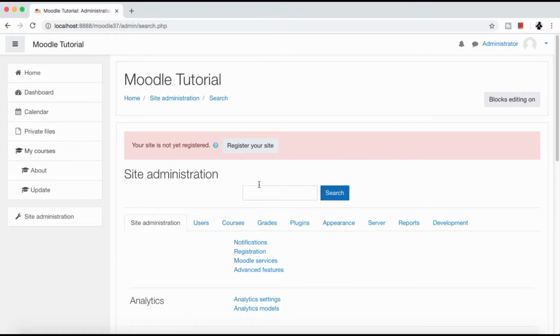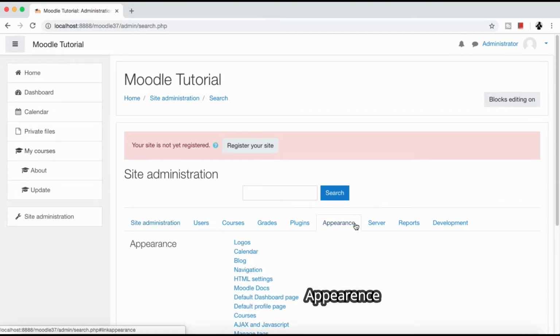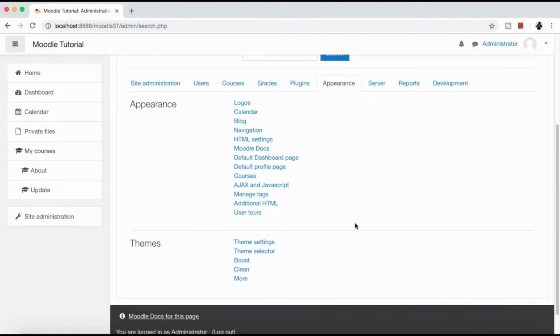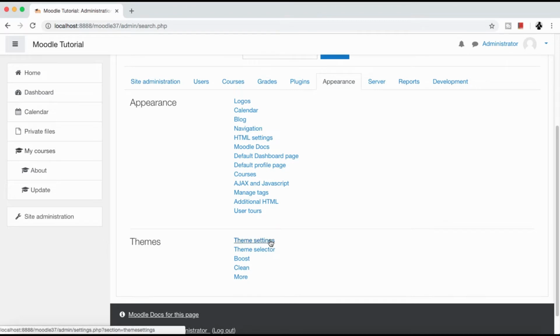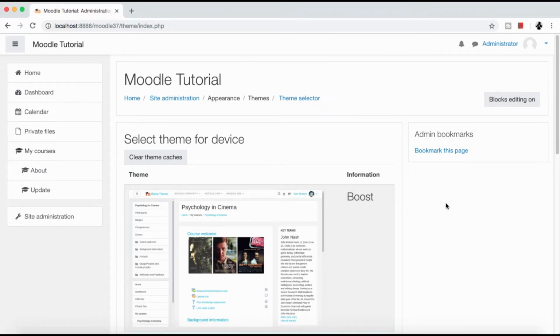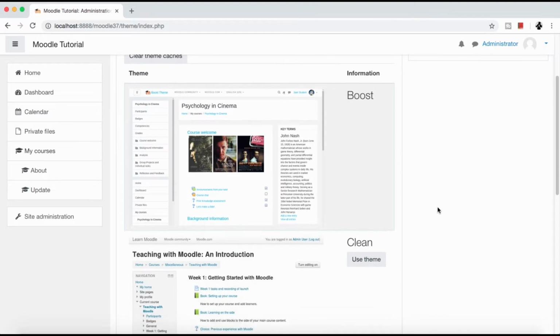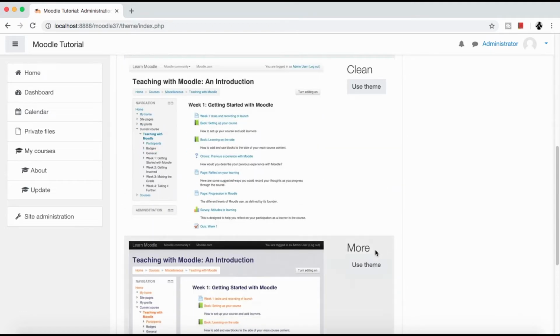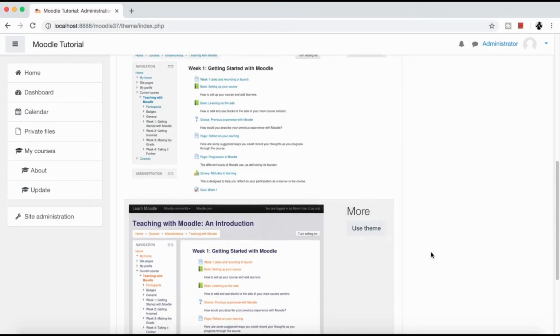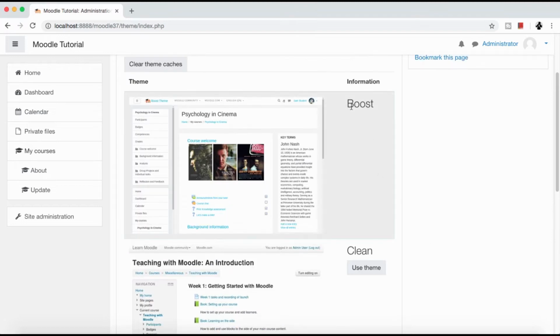From this site, as you can see, I have not registered the site, it's on my local machine. From site administration you have to click on appearances. Now scroll to the theme selector. By default we have three themes: the boost theme, the clean theme, and the more theme. So by default the boost theme is selected, as you can see,